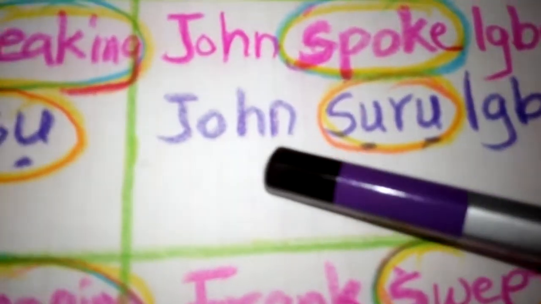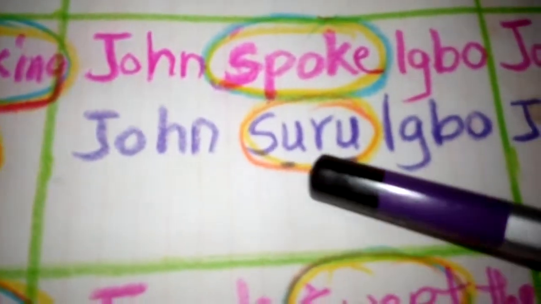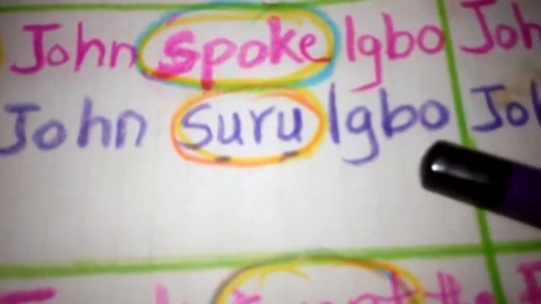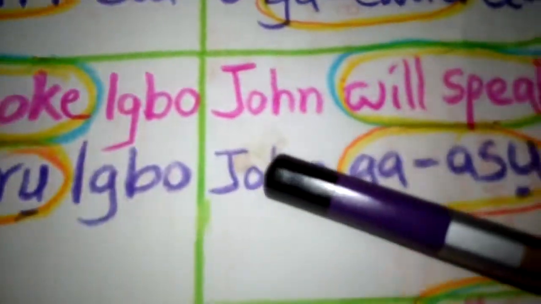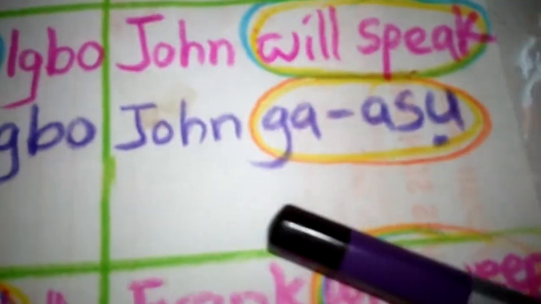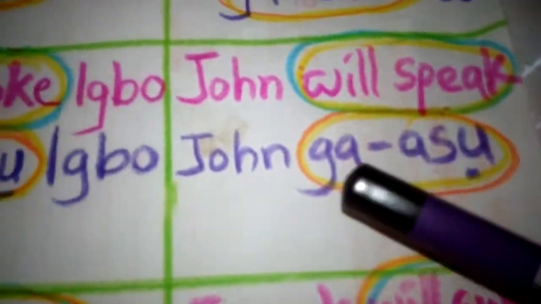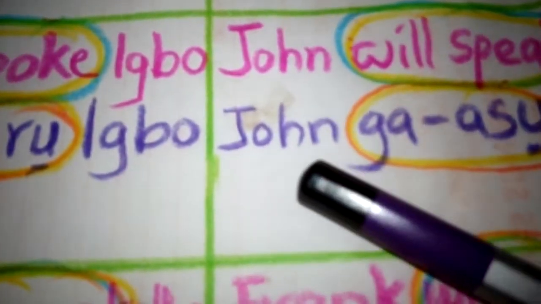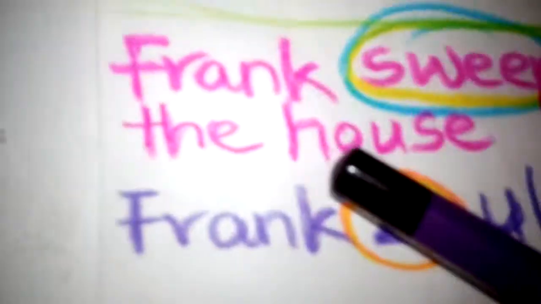John sọrọ Igbo. Okay, that's a past tense. Okay, John will speak Igbo. John ga-asụ Igbo. That's a future. Okay, so